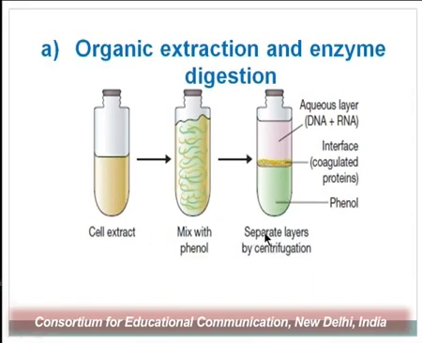Now, this phenol extraction one can do just once if not too much protein is there, but for certain cells which contain too much protein, repeated organic extraction needs to be done to get a purified extract of the DNA or the nucleic acids. So, it can be done twice, and then a round of extraction with only chloroform can be done, and the